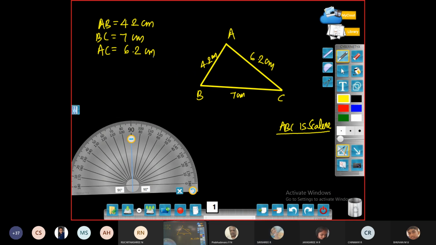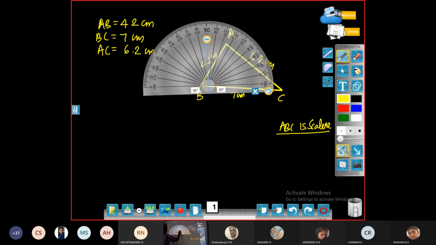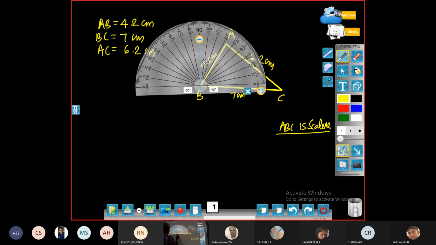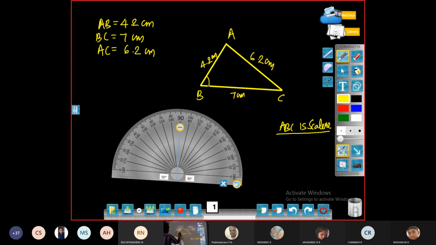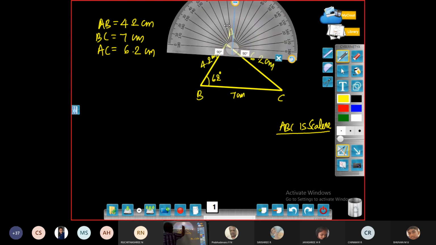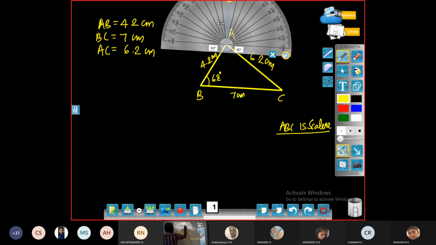So now you can measure the angles here. Take the protractor and measure the angles. You see that this angle B is measuring almost 62 degree. So you can write angle B is measuring 62 degree. Okay. So then keep the protractor on the